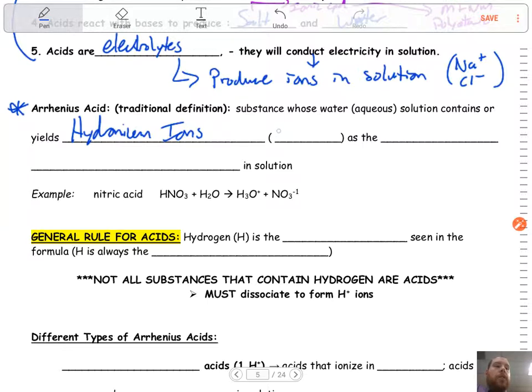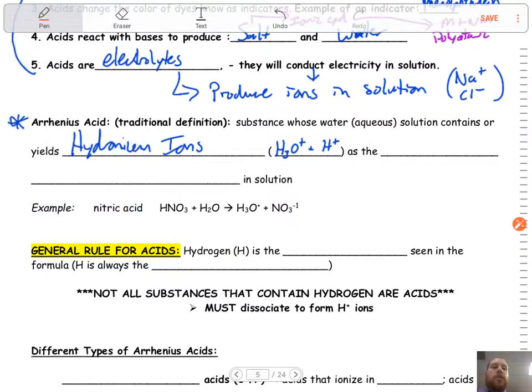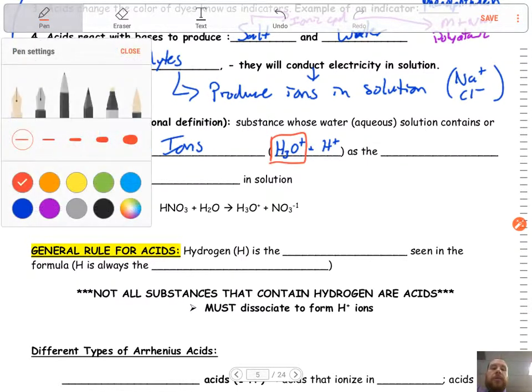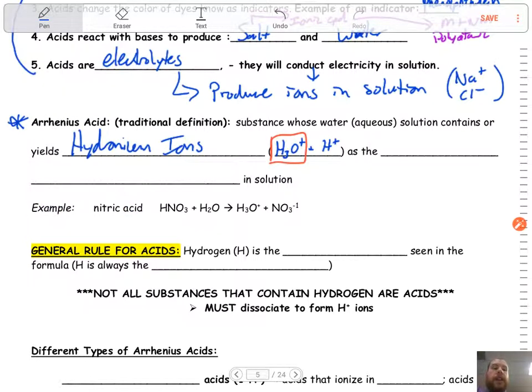Hydronium ions. Now, you will see it written as just H3O+, which is that hydronium. Sometimes they may leave it as just H+, and we'll talk more about that later on. But really with Arrhenius, you will, in this class, for the most part, see H3O+. If you see H3O+ produced in the products of your reaction, then you know it's an Arrhenius acid. And it's the only positive ion